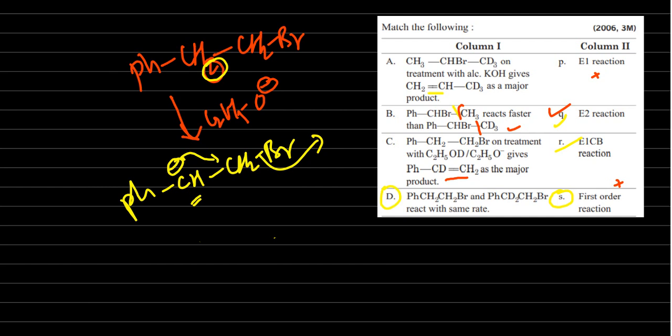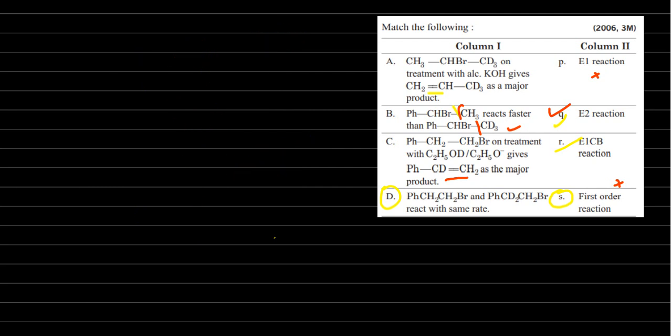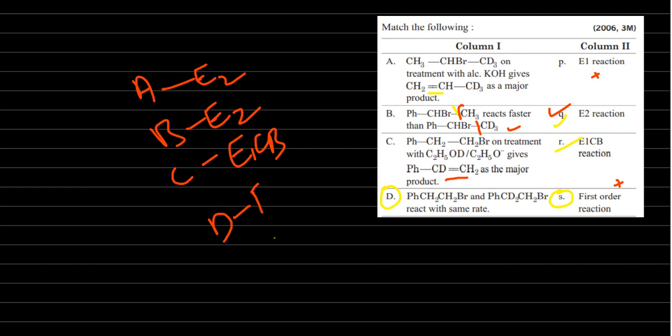Now finally the answer is: A is E2, B also E2, C is E1CB, D is first order. That means yes, E2 means E1CB or